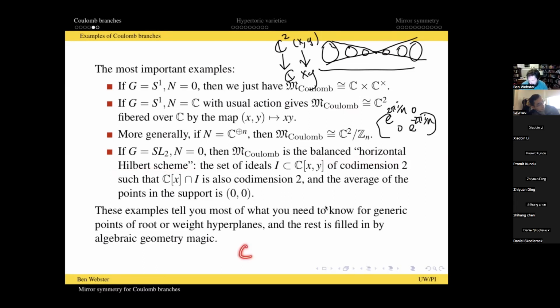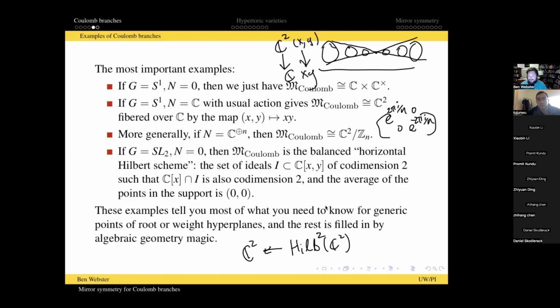I could look at C2 and I could look at its Hilbert scheme for 2 points. Hilb 2 of C2. So that means the ideals in the polynomial ring with 2 variables such that the quotient by the ideal is 2-dimensional. So one way to do that is to have the structure sheaf of two different points, and then the points can come together and I have some choices. Right? So that's a resolution of singularities of C2.